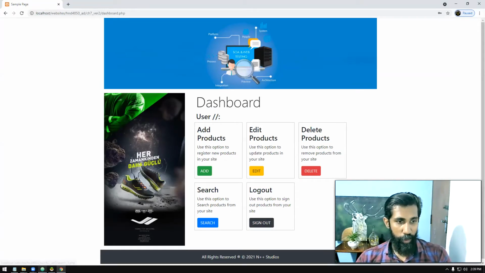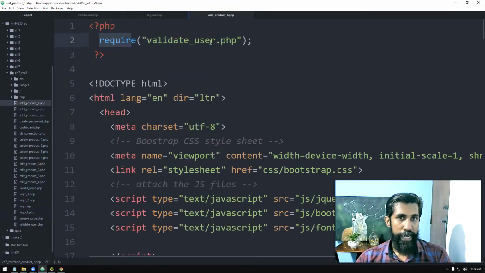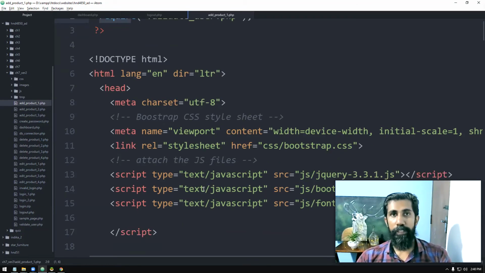So that's how it's working. We have built the logout facility as well. In the logout facility, first we start the session, then we destroy it, so everything stored in your session gets destroyed. Then you are redirected to the other page. This piece of code, the validate user file, we have added to all the pages. So that concludes version 2 of the programming part, and the main part we did was the login module. We took quite some time and we have developed it. Finished.